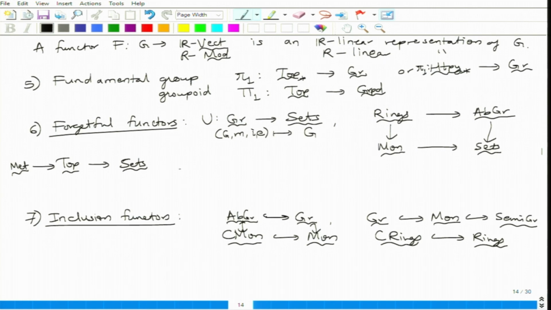Another thing we have been talking about: pointed spaces, so Set star to Set. You simply forget about the choice of the point. Top star to Top. These are forgetful functors. Then,